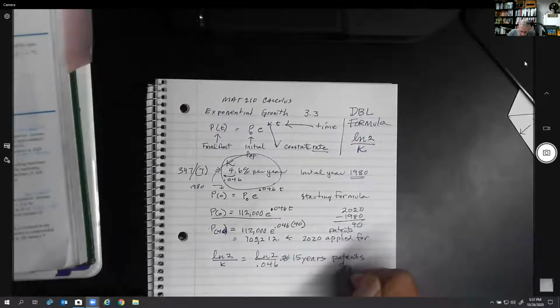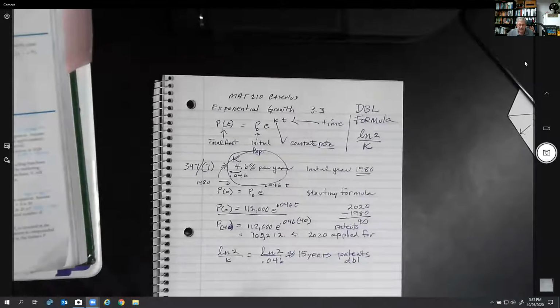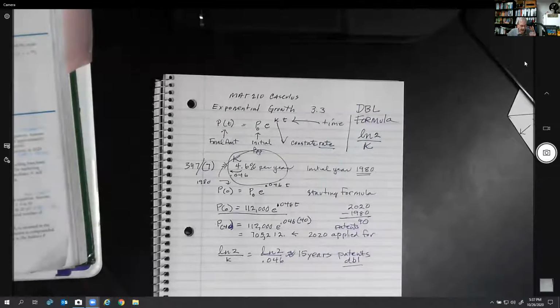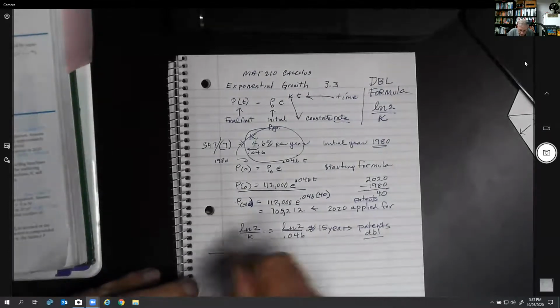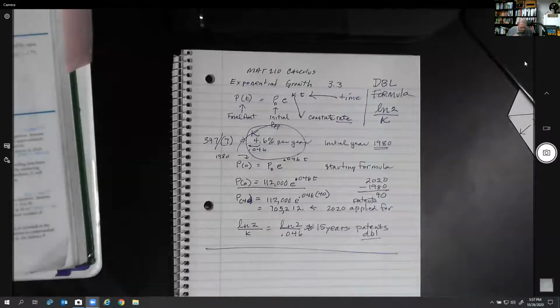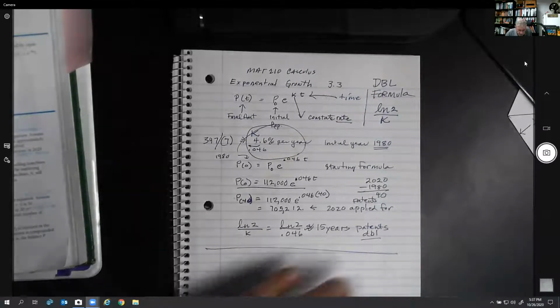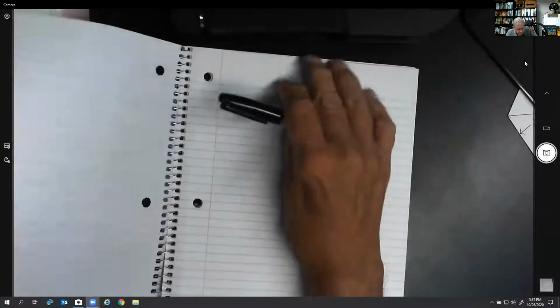See, we can use this for this outbreak. How fast is it doubling? If we have 100 patients getting sick, how long is it going to take before 200 get sick? We can figure doubling time. Okay. So that's what they were talking about on that problem. Let's try another one. Maybe I'll make it a little bit bigger so you can see a little bit better. Let's try this one with a little bit darker. And then I'm going to go back and do a problem out of the assignment, but out of